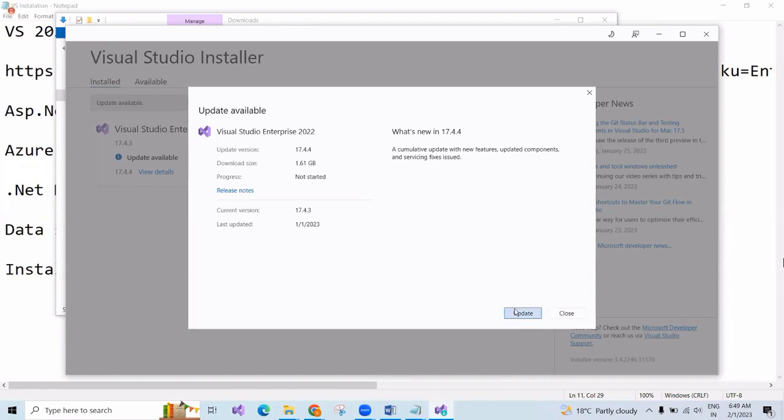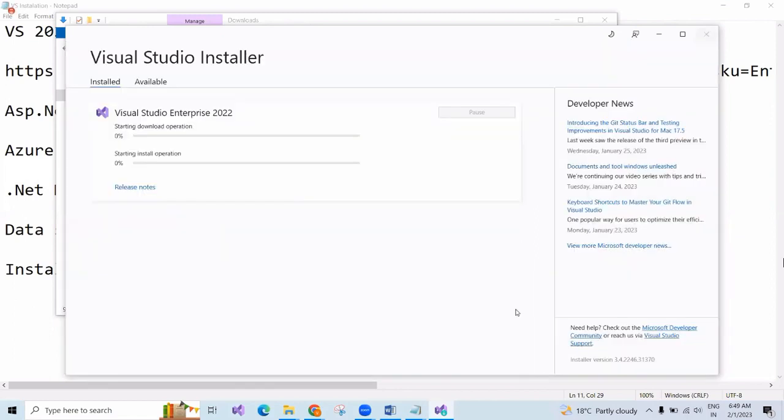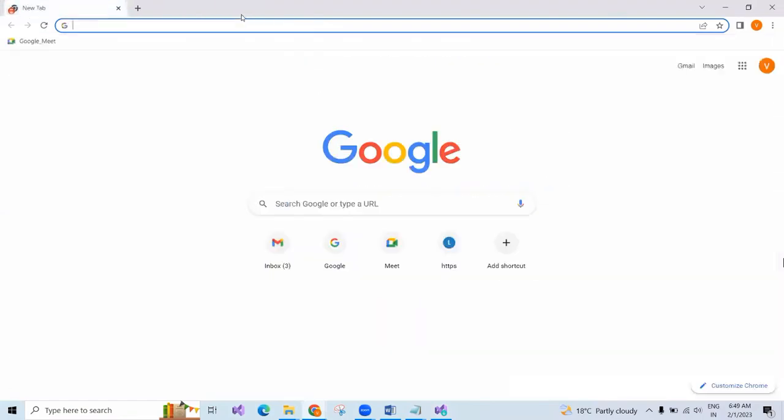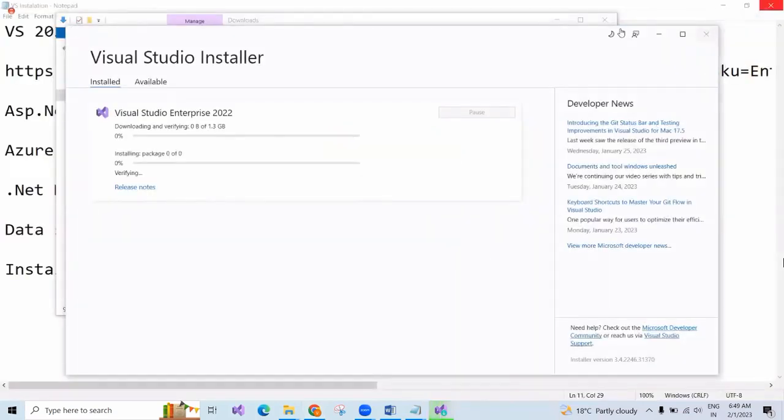What will happen if I update? Here it will take 38 MB, 1.3 GB.